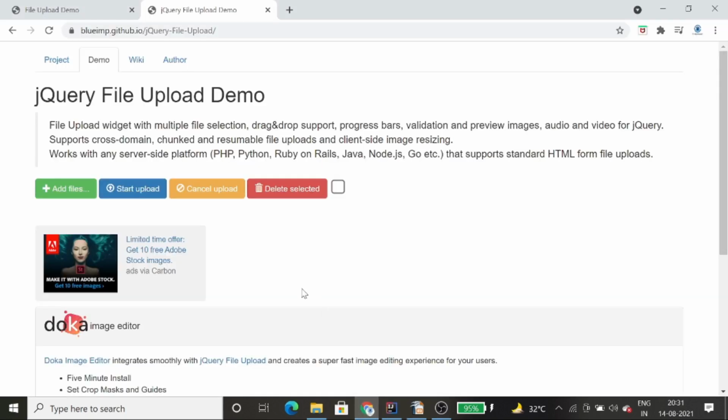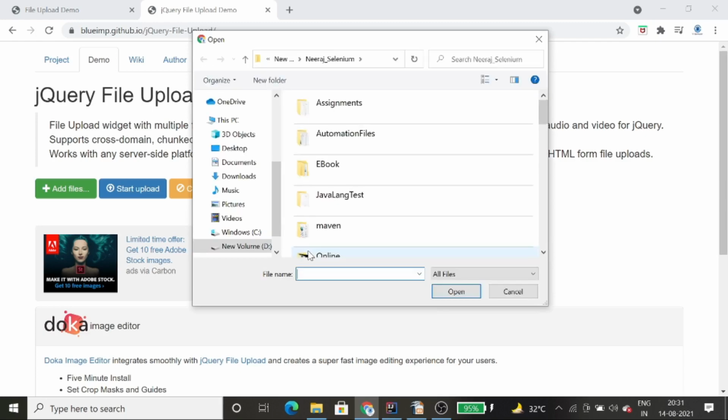Basically first of all see this, when you don't have any text box, जब आपके पास text box available नहीं होता है तब आपको इस बटन पे क्लिक करने के बाद, what you need to do here, आपको Windows pop-up को handle करना पड़ता है. How do you handle the window pop-up? When the window pop-up opens, you need to handle this window pop-up, and the Robot API is the API which handles the window pop-up with the help of the keyboard. तो ये keyboard के through इसको handle करती है.